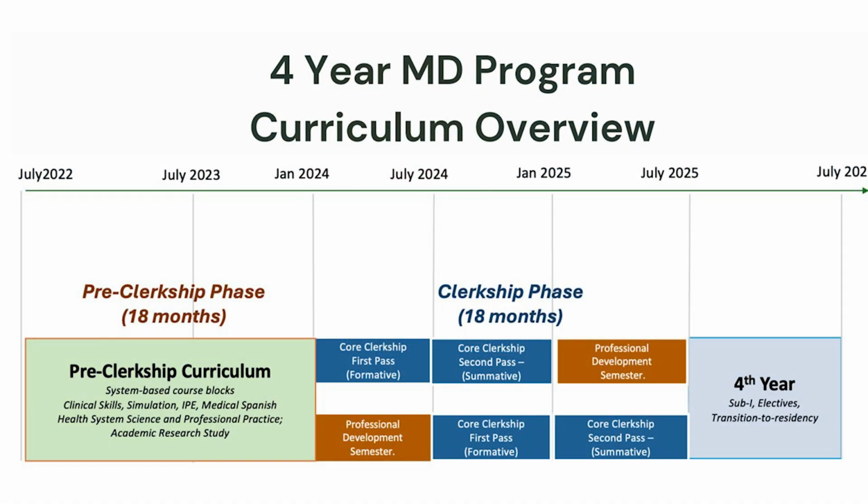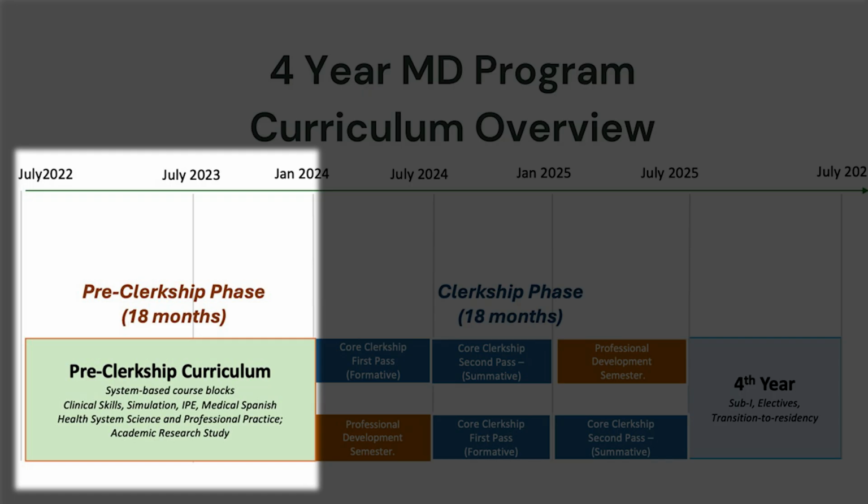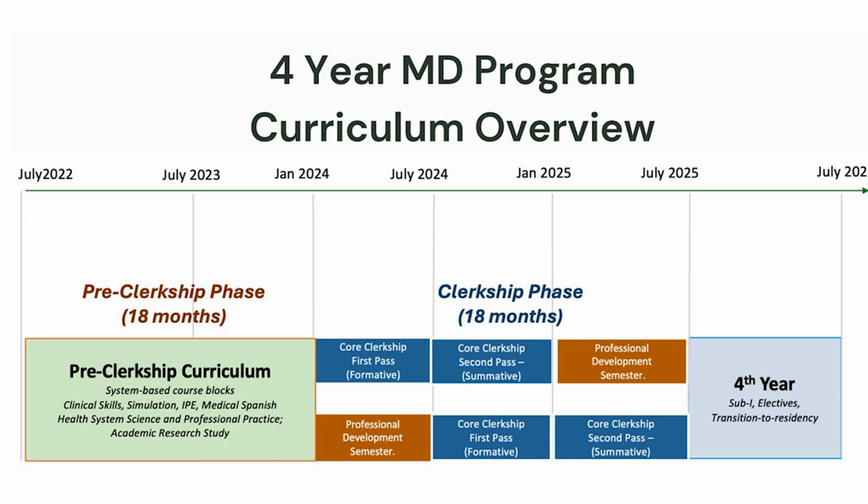I want to point out where our four-year program encompasses clinical education and start with a review of our pre-clerkship education. The first 18 months of their education involves foundational courses where they're learning the foundational concepts of medical knowledge, anatomy, physiology, pharmacology. They're also getting a significant amount of clinical education in our clinical skills department and simulation. They're training with standardized patients to be able to take a history, complete a physical exam, build their differentials, and at that point, at 18 months, they're ready to join the clinical phase of their education and their training in